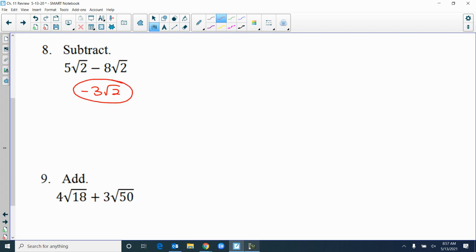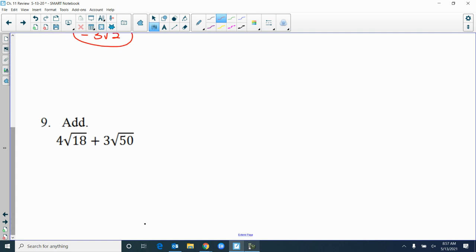The problem with number 9 is they're not the same radical. You cannot add 18 and 50 because you have to simplify. Got to simplify first. Now, simplify. I'll do 4 square root of 18, then you do 3 square root of 50, just for the practice. But remember, there's a number in front of that radical 18. And so when I do a factor tree on 18,